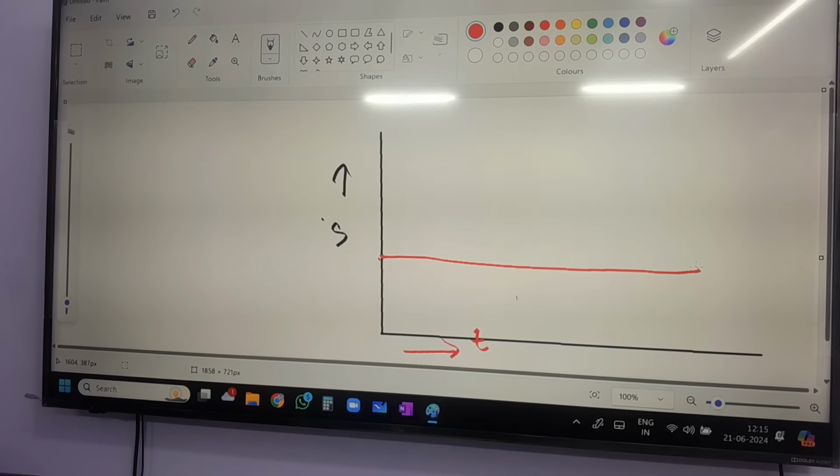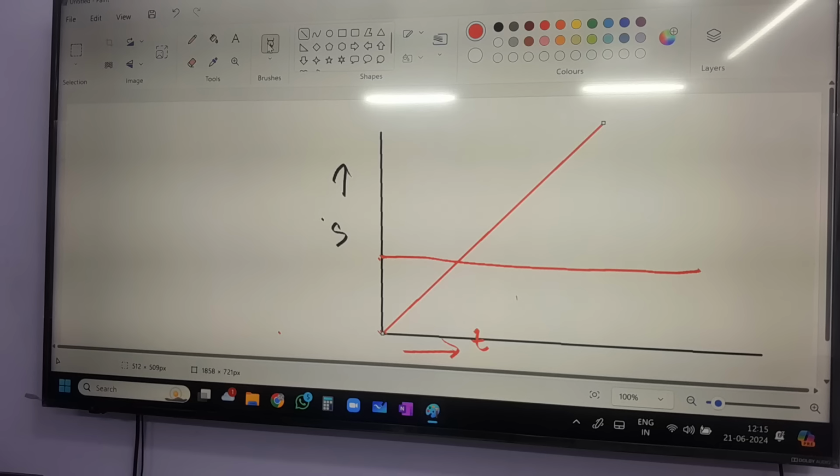Okay. Now one more graph I'll show you here. Let's say the graph is a straight line from here. Let me take the straight line like this. Clear? So this is a straight line, fine, and what will it present? So this straight line will